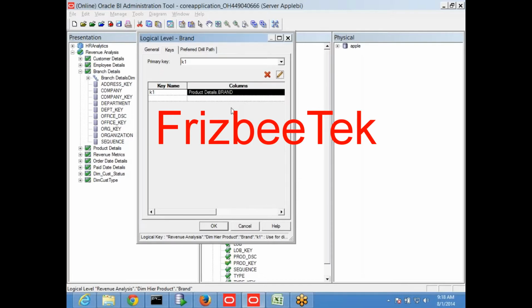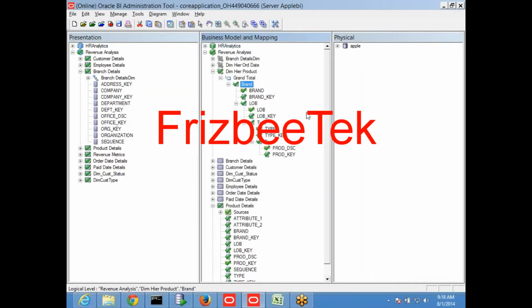Now what does use for display mean? First we will talk about use for display. Previously, in all scenarios, I had one column in every level. When you click, it goes to the next. Now assume that I have selected one of the columns in a report, brand or brand key. When I click this, I need to go to the next level.